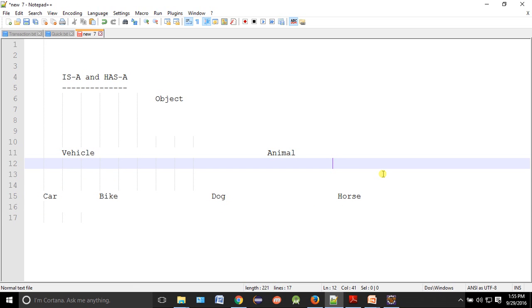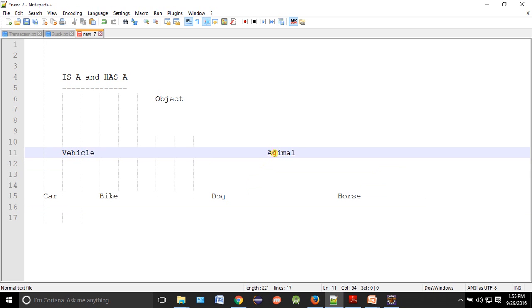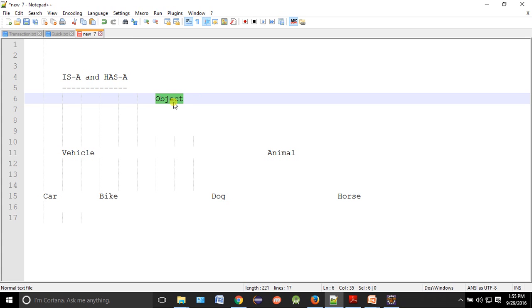You can have a horse, you can have other animals also. So whenever "is a" is satisfied, all subclasses are superclasses. Dog is an animal, horse is an animal, bike is a vehicle, and object will be on the topmost.